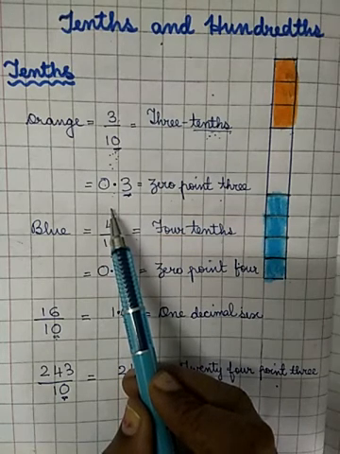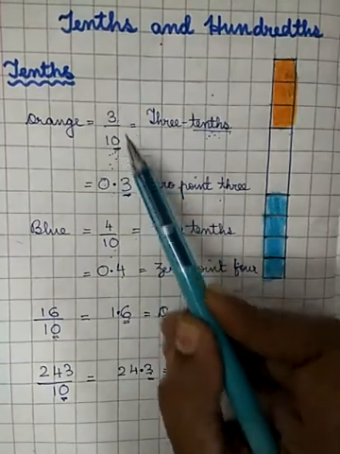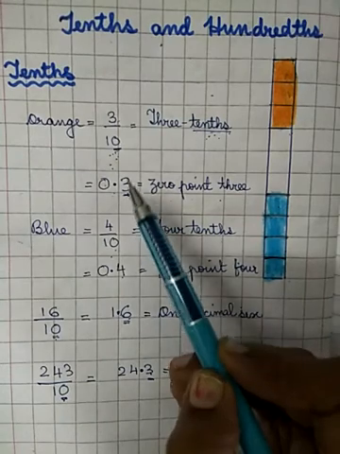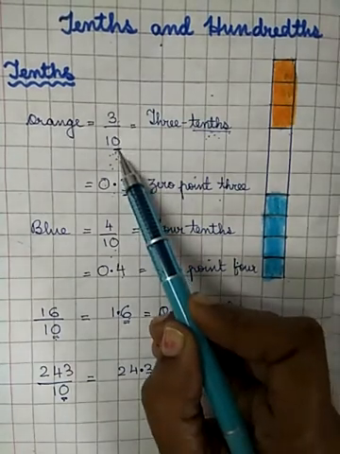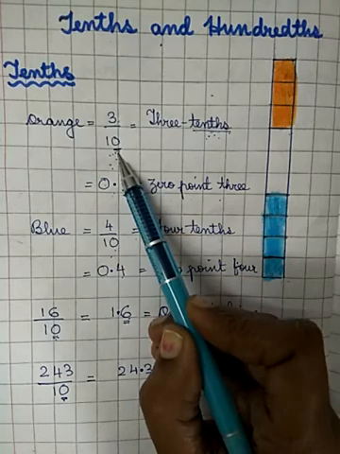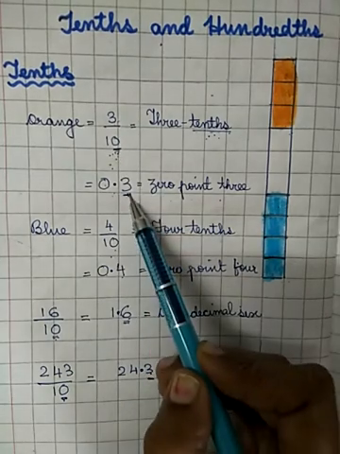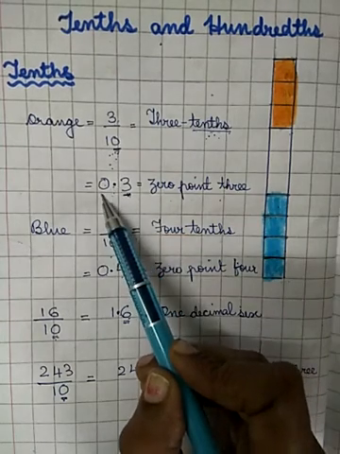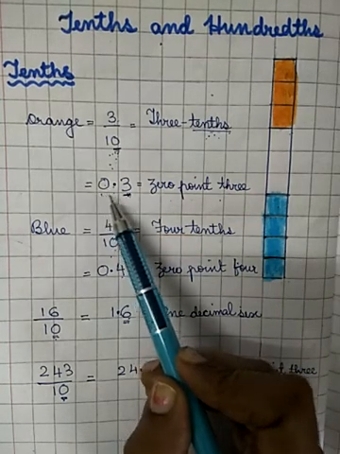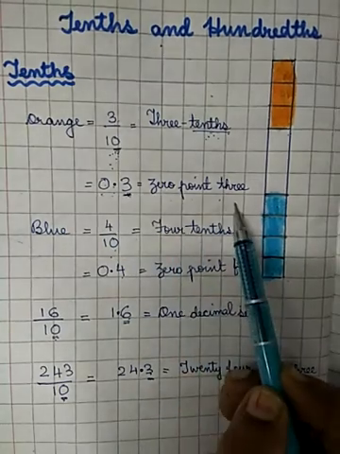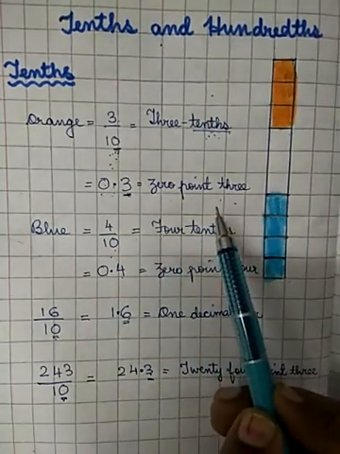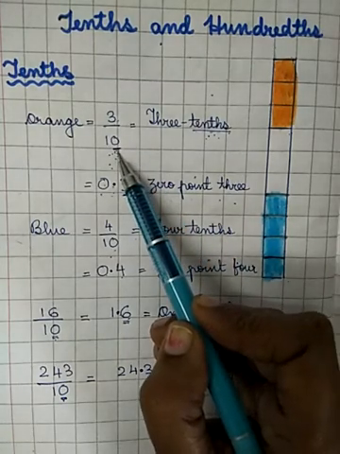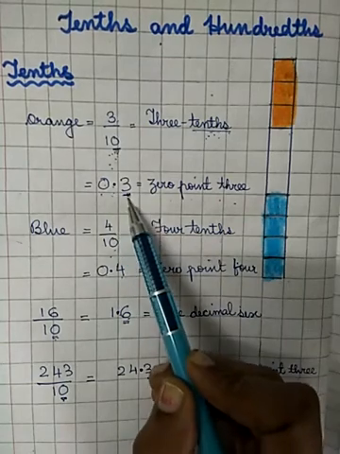So how do you put a point? The first step is you write the number 3. You write the numerator as it is. Then you count the number of zeros. How many zeros are there? There is only 1 zero. So from the right, you put a point here. Before the point there is no number, so you can put a 0. So this becomes 0.3. How do you check whether your answer is right? You just count the number of zeros, 1 zero, and after the point there should be 1 digit.